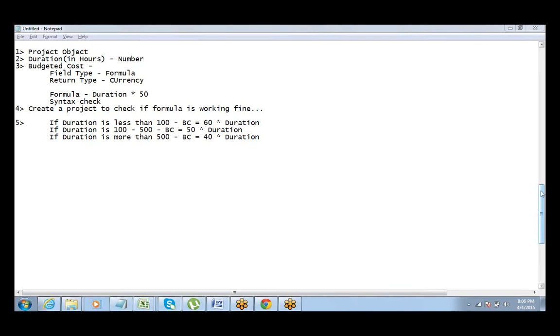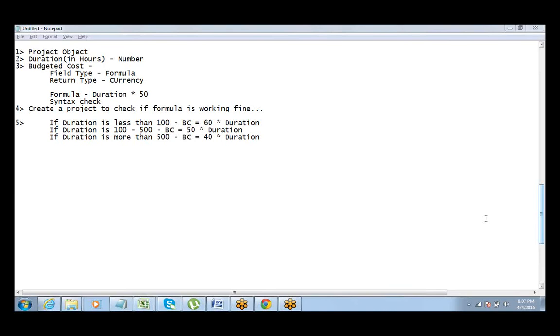Chandu, did you type in that field name or did you insert it? I have inserted it. No, you have typed it. If you insert, the field name will not be wrong. That duration underscore in underscore hours underscore C, that one I have typed it. Don't type it, insert it. Delete this and insert the field. Instead of that last underscore C, that should be double underscore C actually. So that is an error.